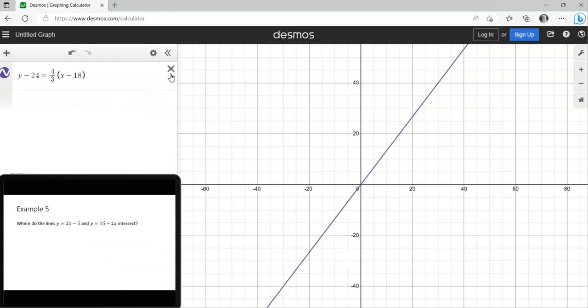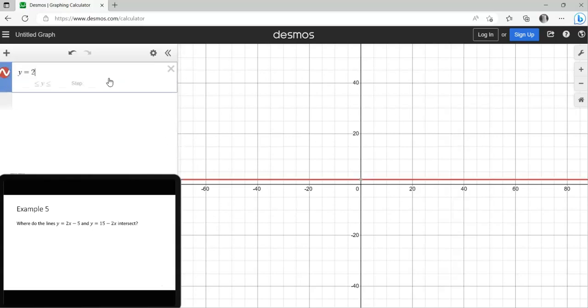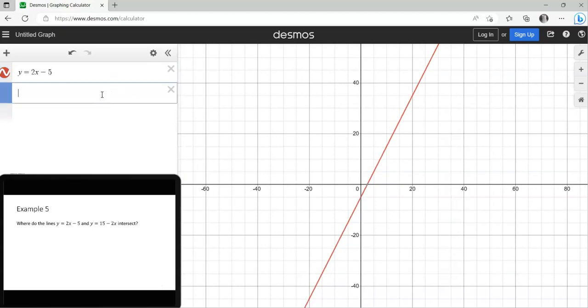Okay. How about an intersection? Where do the lines y equals 2x minus 5 and y equals 15 minus 2x intersect? So let's just type this up: y equals 2x minus 5, y equals 15 minus 2x. And the intercepts of the graphs will highlight, so I can see there's the intercept right there